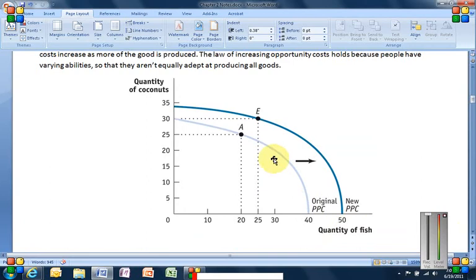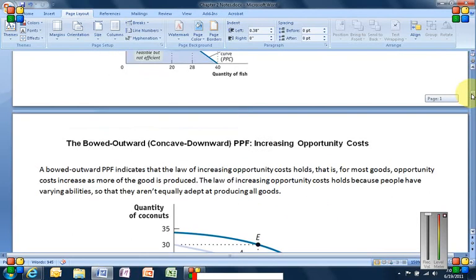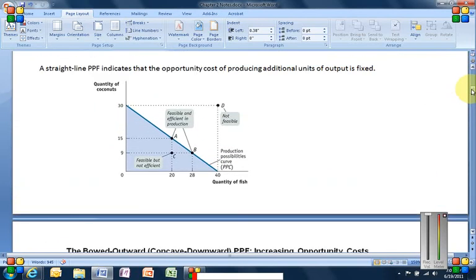Maybe originally you had some choices available to you in terms of production combinations between coconuts and fish along this curve, and then something dramatic happens in the future and expands your possibilities, expands your potential, and now you have a brand new curve that you can draw. And that's what growth would look like. Let's go back to the original curve, the straight line one, though,